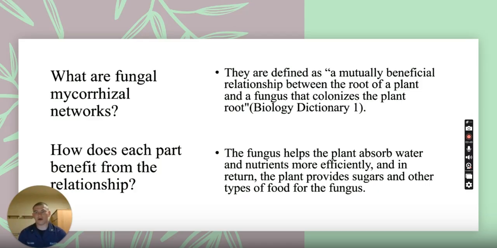So, what are fungal mitochondrial networks, and how does each part benefit from the relationship? When this relationship forms, the fungi either grows on the surface of the plant's root or within them. From there, they extend out and connect to the roots of other plants with the same fungi, forming an interconnected underground network we call the Wood Wide Web, which is a play on words for World Wide Web, but for plants. Once connected through the mitochondrial networks, plants can share biochemical signals and even nutrients. These networks can link two or more plants, even across different species, and the communication involves biochemical signaling.